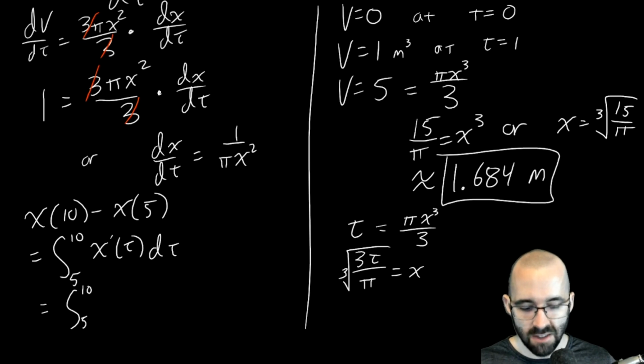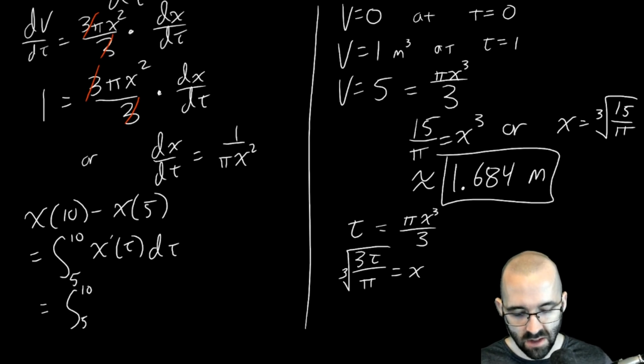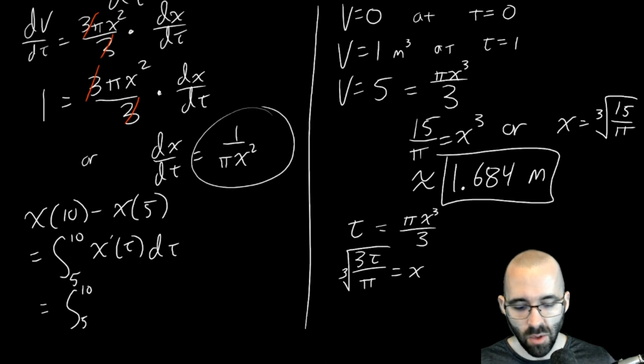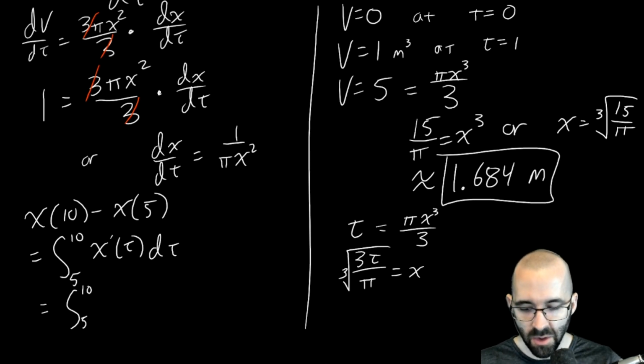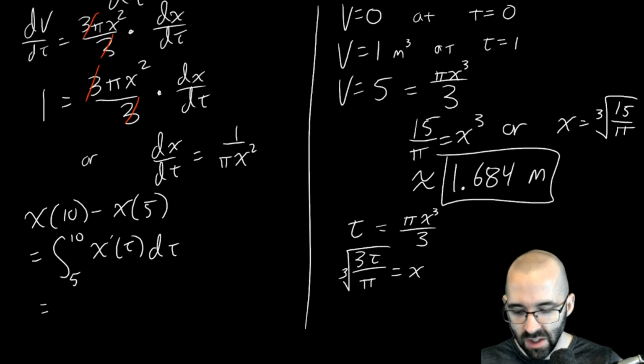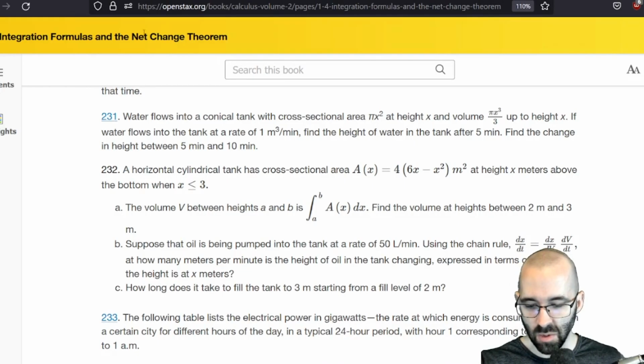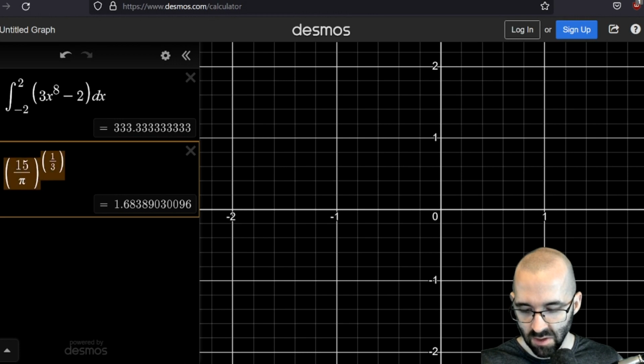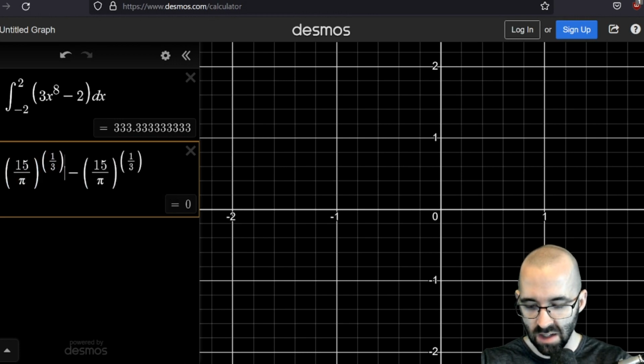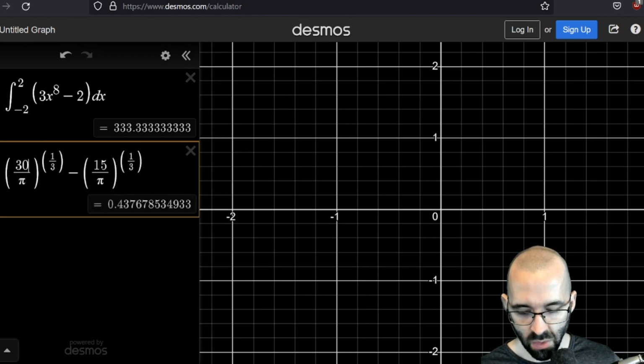And so this is x of t, and you can take the derivative of this with respect to t. You could actually use this formula and plug in the x as well. A couple of other ways of doing this. But again, we do know at the end of the day that it's just going to be x of 10 minus x of 5. Now we'll get the cube root of 30 over pi minus the cube root of 15 over pi. And we'll get that this net change is approximately equal to whatever that is, this with a 30 minus that with a 15. We'll get the net change of 0.438